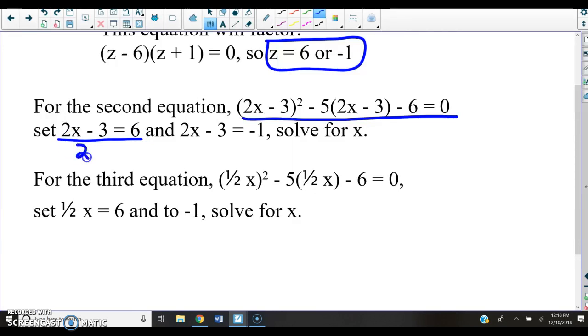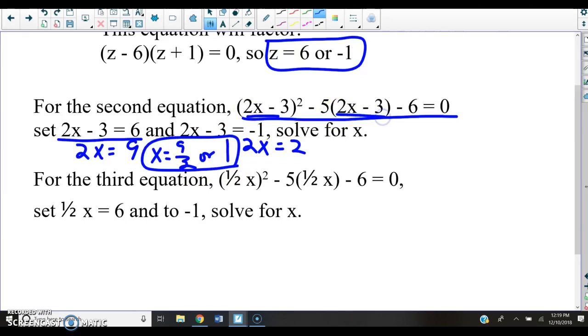So when we solve this for x, we would add 3 to both sides and divide by 2. And here we would have add 3 to both sides and get 2x equals 2. So x equals 1. And you can substitute that back in here and here, put that value in for x,